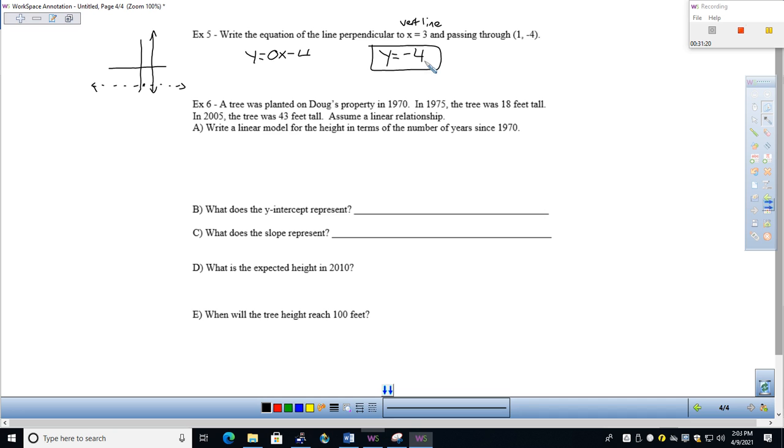All right, let's do one application to wrap this up here. So just pretty straightforward, a linear relationship. Looks like linear growth, as a matter of fact. All right, let's see. A tree was planted on the property here in 1970. In 1975,